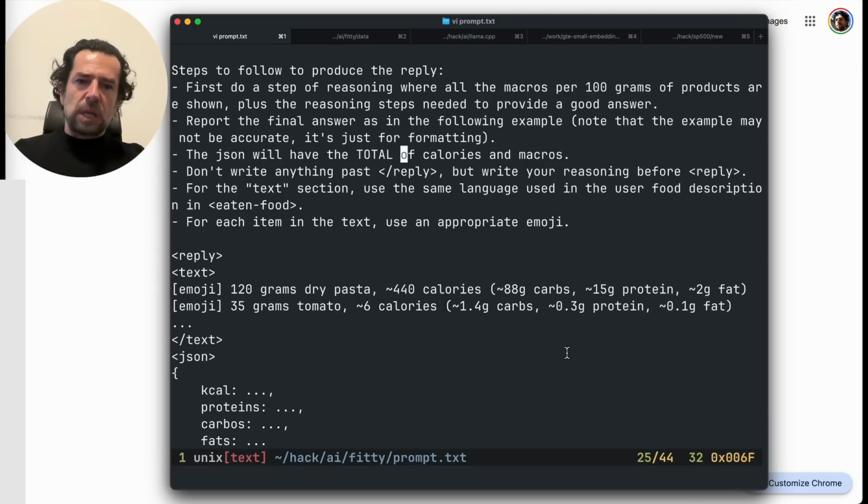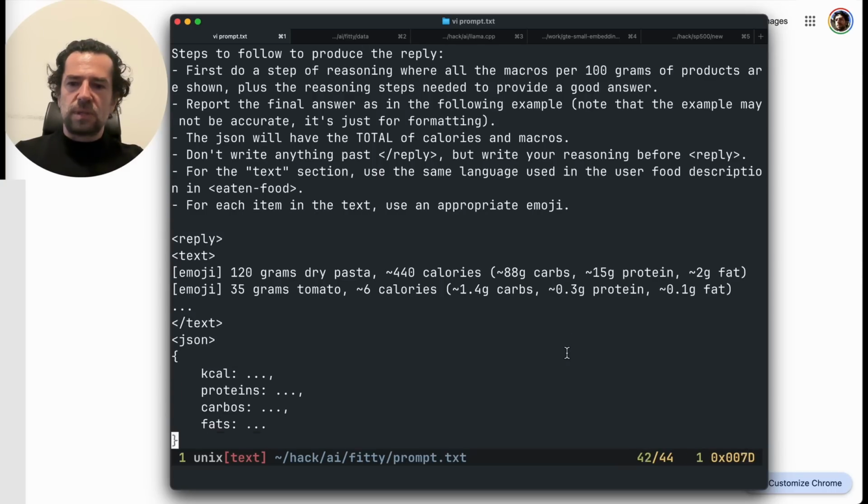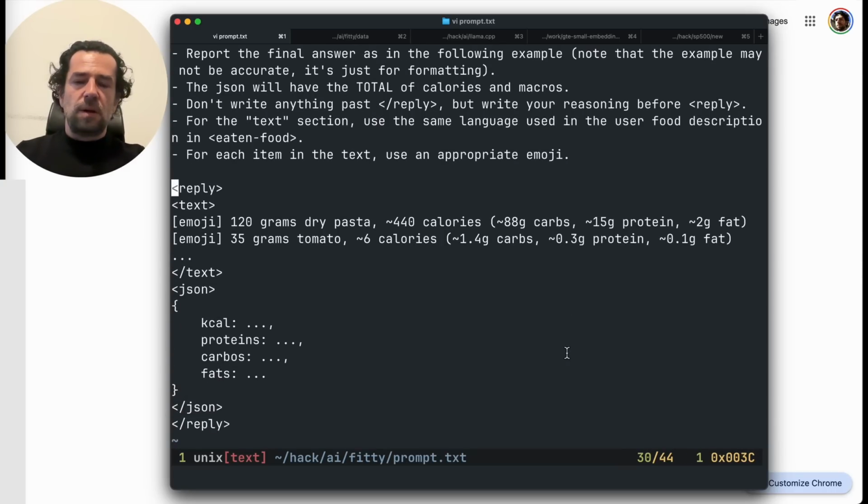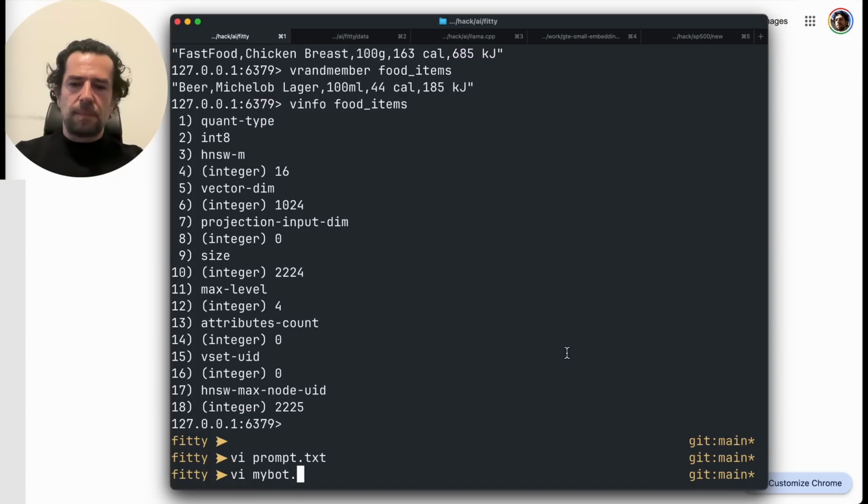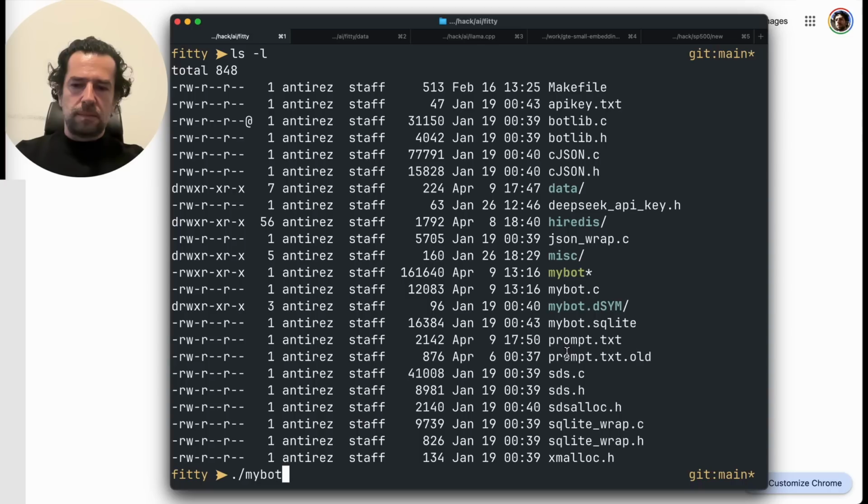The JSON will have the total of calories and macros. Don't write anything past the reply, but write your reasoning before the reply. In the text section, use the same language the user used in the eaten food description. So if it's in Italian, it's in Italian, and so forth. For each item in the text, use an appropriate emoji. So this is the format that I asked for. DeepSeek is extremely good at sticking with the format that I outlined here. Let's show how it works in practice, and then we will dive into the code,